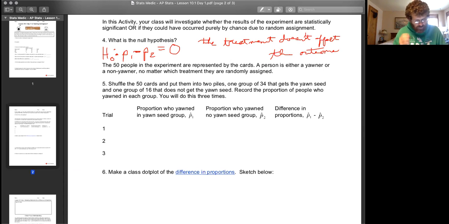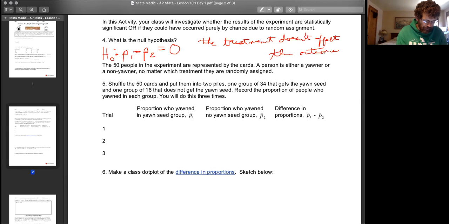So if we were going to do a simulation of this, the purpose of the simulation is to say, how often do we get a result of 0.04 or greater just by random chance? And we want to figure that out. Of course, we're going to learn the formulas for a sampling distribution so that we don't have to do a simulation for it. But for right now, we just want to practice with simulation and figure out how we would do this. So we know that when they did their test, the Mythbusters,